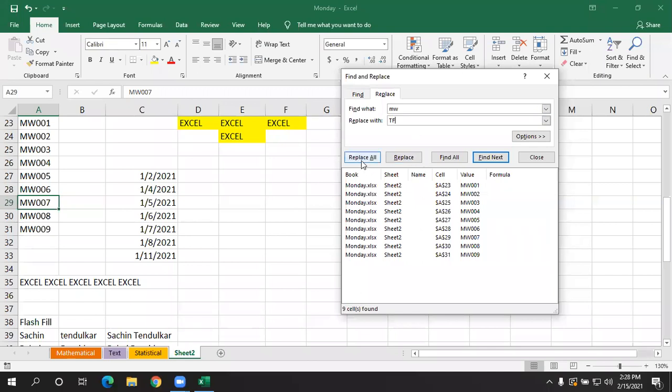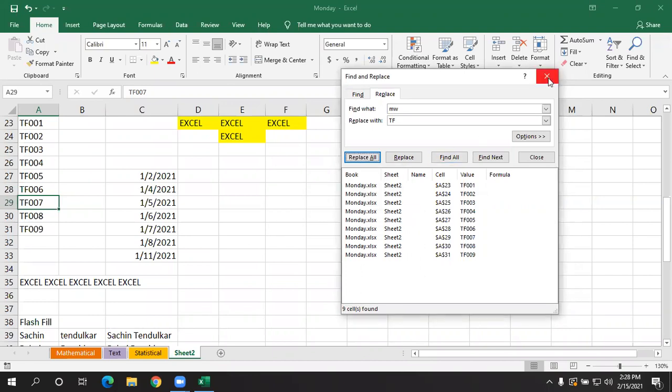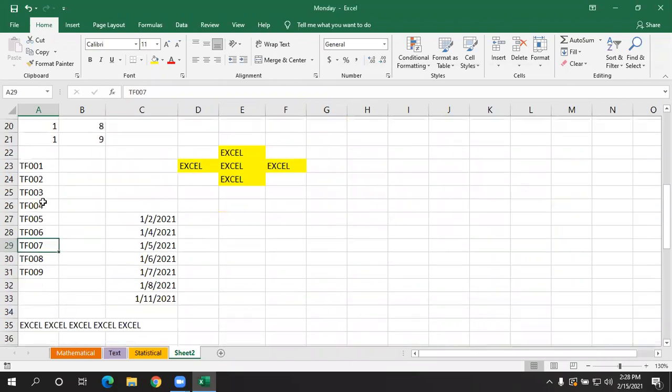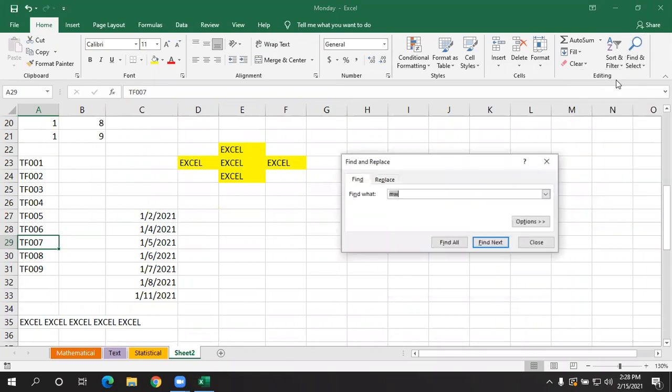If I click on Replace All, it is showing all done. We made 6 replacements. If I click on OK, now it shows here. See, wherever there was MW, it is replaced with TF. Remember, shortcut key of find is Control F, and replace is Control H.